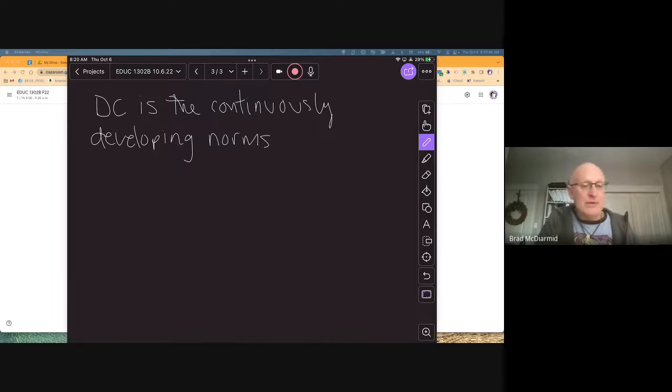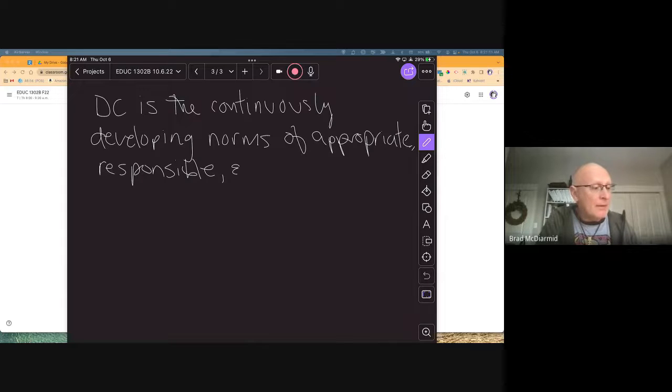But we know that with technology, the norms, or what's appropriate or inappropriate, is always changing, right? So digital citizenship is a continuously developing norms of appropriate, responsible, and empowered technology use, right? And I like the word empowered in that statement, because once we give kids the tools